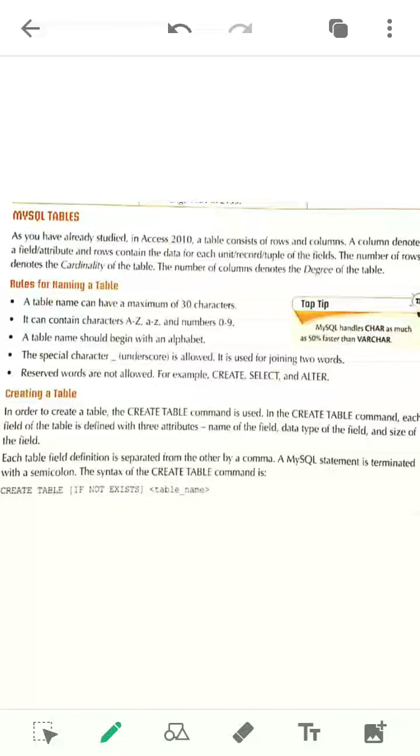Hello students, till the last class we have discussed the different data types in MySQL. So using these data types, how to create tables, these things we have to discuss, because as we know the database contains different tables, and under this table we have to insert the values. Okay, so we have mastered the concept of tables. Without tables a relational database doesn't exist.